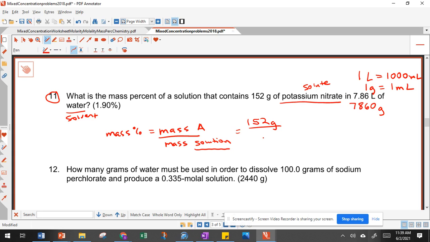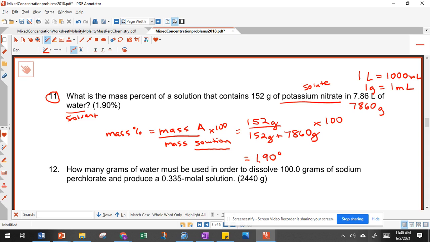So then in the denominator, we're going to have to add the mass of our solute plus the mass of our solvent. And then since this is a percentage, remember we have to multiply our answer by 100. So you notice here that the grams will cancel out. So let's do that. We have 152 times 100 over 152 plus 7,860. And that gives us about